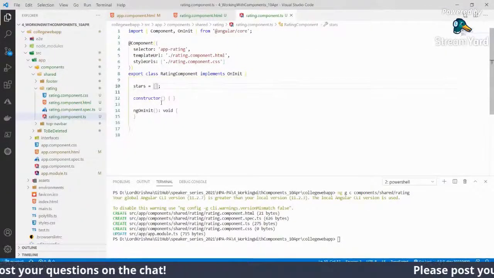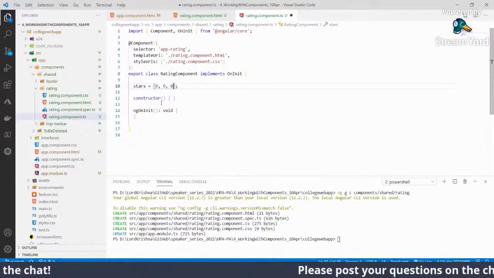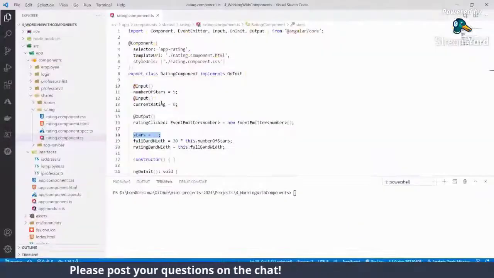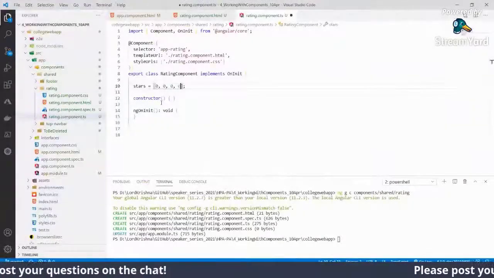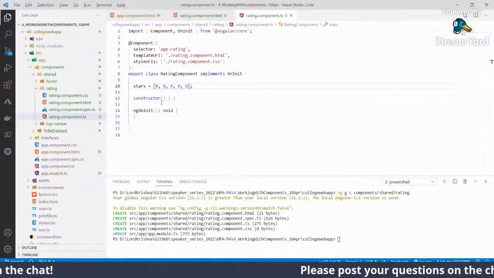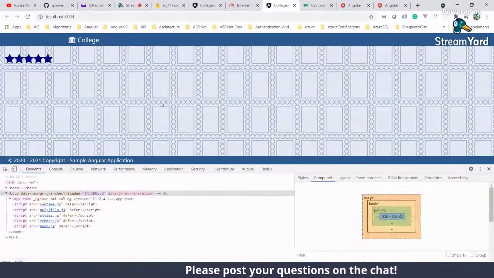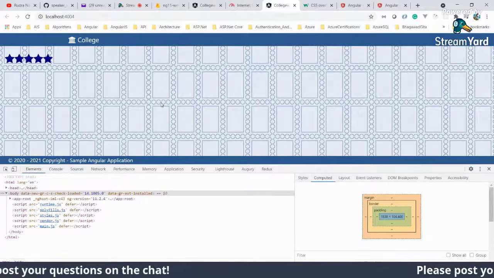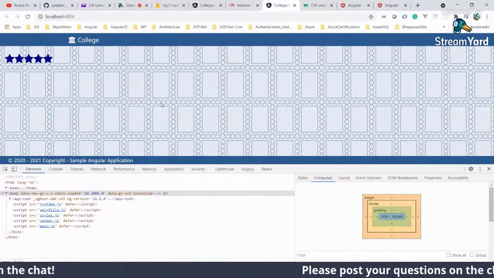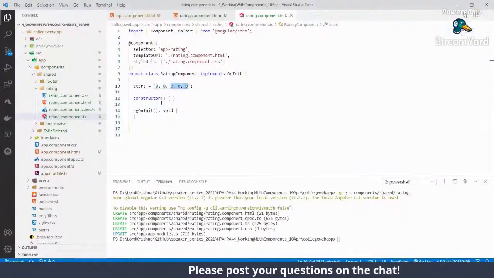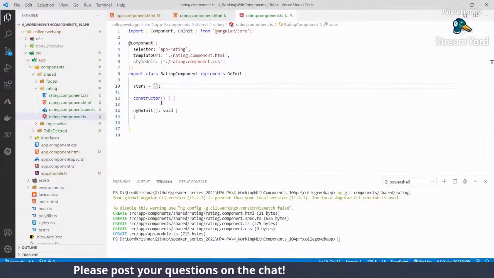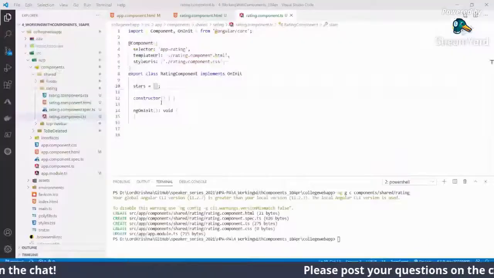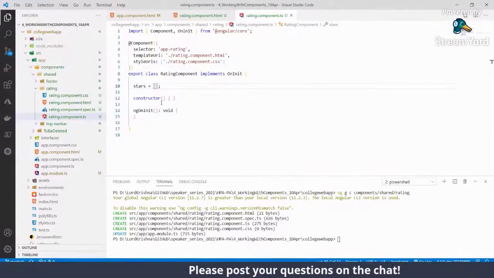So if I give 0, comma 0, comma 0, you're seeing 3 stars. If I create an array with two more zeros, that means my intention is to create a 5-star rating. Whether it is a 5-star rating or 10-star rating, all I have to do is give it a proper set of array so that it goes and displays all these things. Okay, so I will remove this. So now at least we understand that there is something which it is going to display. That is the first point.